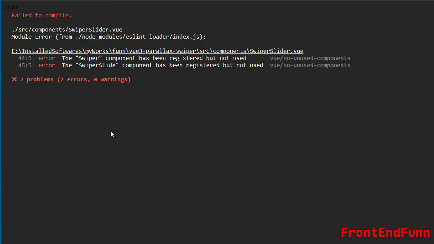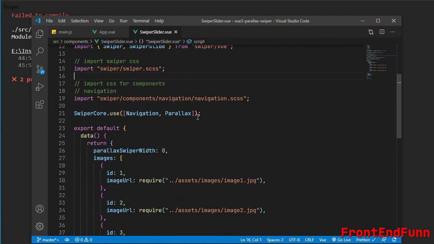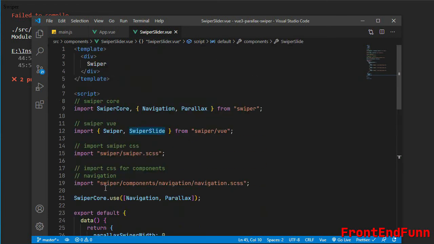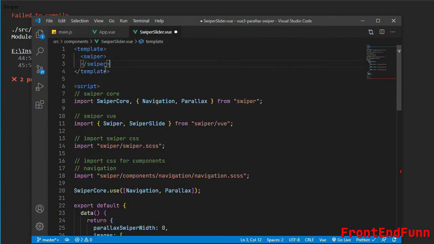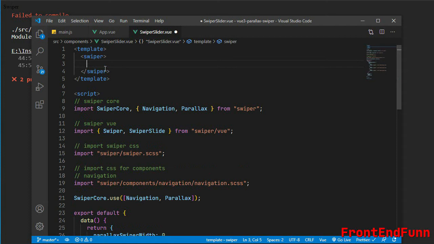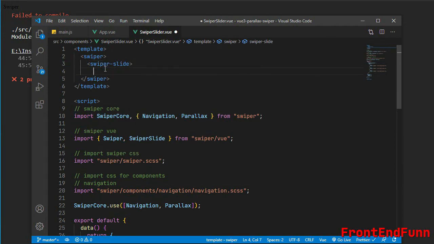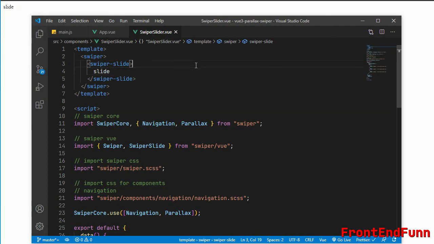Swiper and SwiperSlide are registered but never used. Let's fix this. Inside the template we need to use all lowercase swiper, and inside the swiper we'll have the swiper-slide. As you can see, the slider is initialized here.